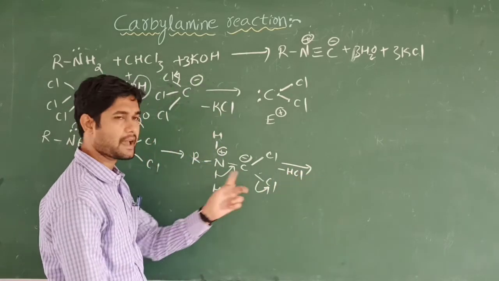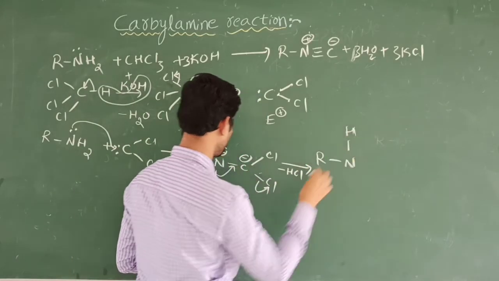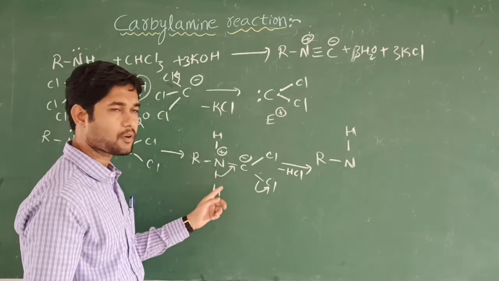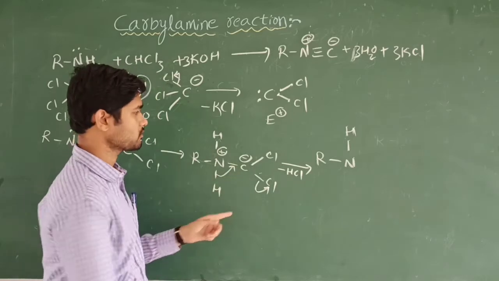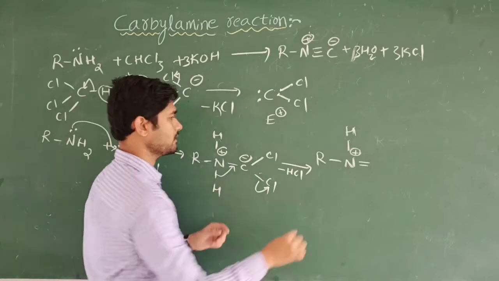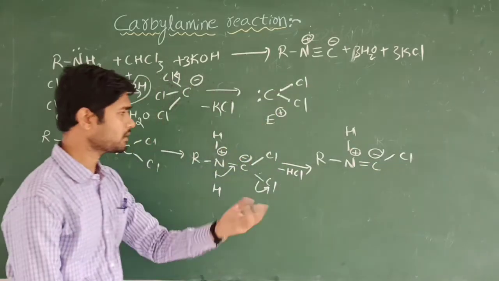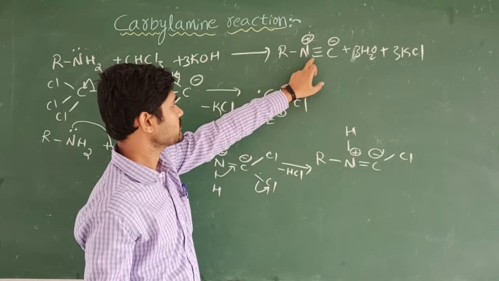Remaining I am going to write as it is. So the remaining hydrogen will be there, and now this single bond becomes a double bond. Why did I do it like this? Because in our product we have three bonds, but here we have only one bond. So now it became a double bond. Still the positive charge on the nitrogen atom and negative charge on the carbon atom. So now Cl will be there. What happens now? We are nearest to the final answer. So the triple bond will be there.